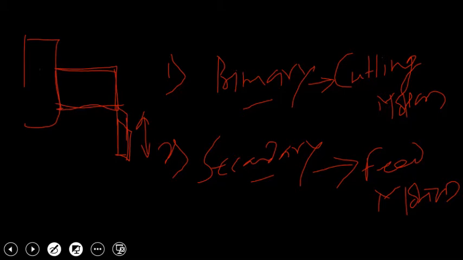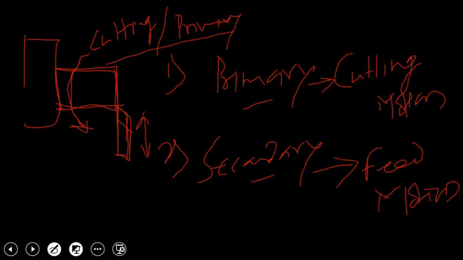Now, when the cutting tool and workpiece are in contact with each other, material removal will not begin. I need to provide some additional motion, and that motion is rotary motion provided to the workpiece surface. So as long as I don't provide this rotary motion to the workpiece surface, material removal will not begin. So the rotary motion provided to this workpiece is called the cutting motion or primary motion.